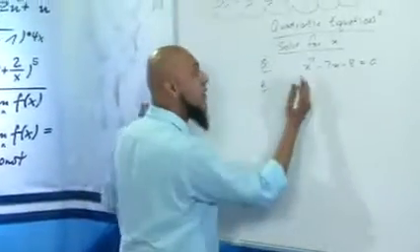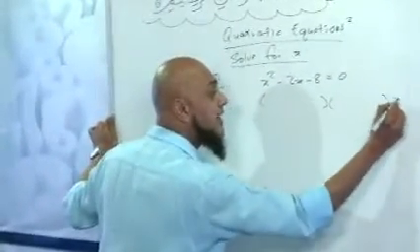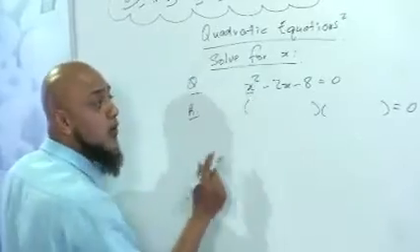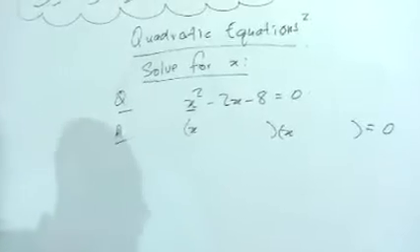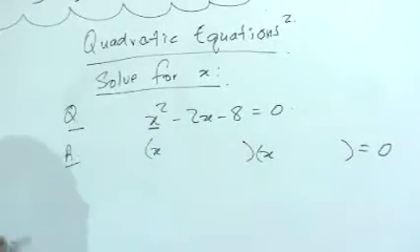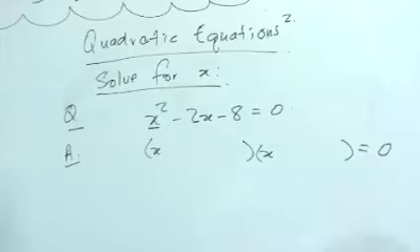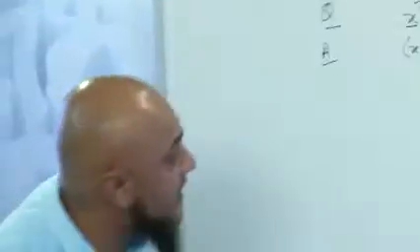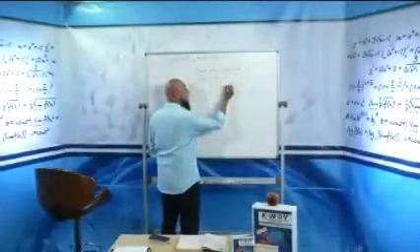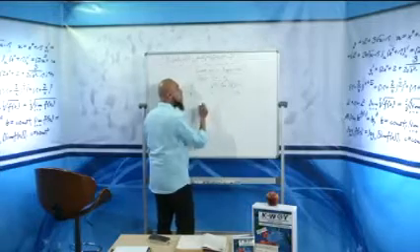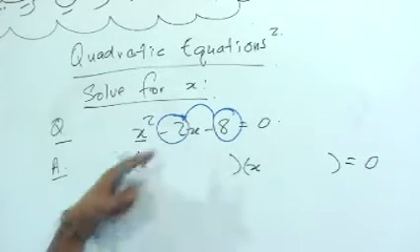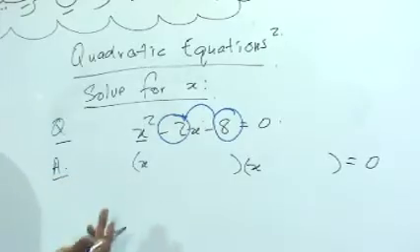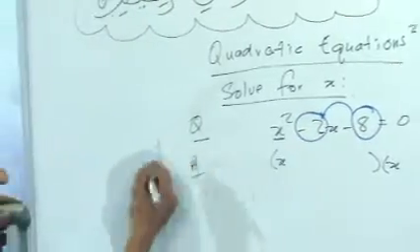Let's get started. Okay, the first thing we're going to do here, we're going to break this up, equal to 0. What are our two factors to give me x squared? X times x to give me x squared. Now, many of you might know it mentally by now already, that the factors, now you need to ask yourself, what are my factors of 8 to give me a negative 2 when added? Many of you can do this mentally by now. 4 and 2, yes. 4 times 2 gives me 8, and a 4 and a 2 will give me a 2, yes.